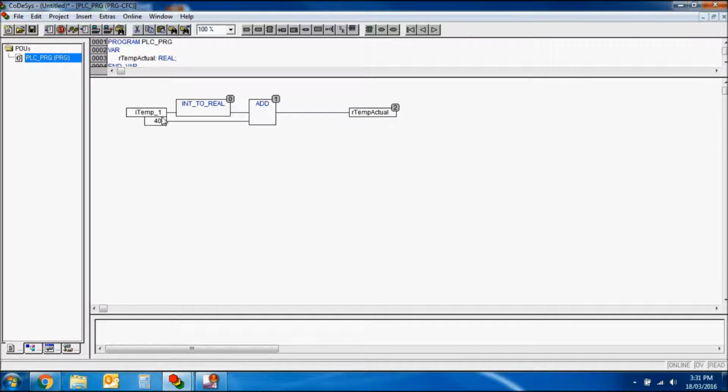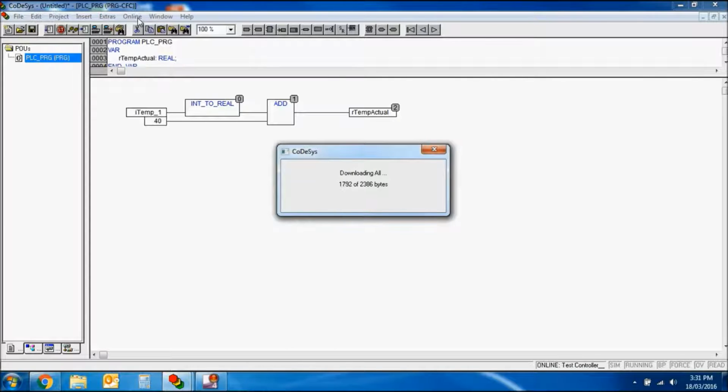There's another way to do it. You can also just add 40.0 and that will round it to one decimal place, but it's better to convert the actual variable. So now if we log into our controller, click yes,